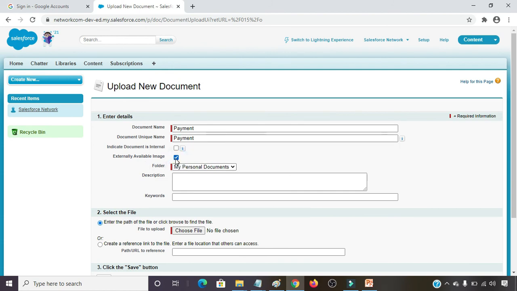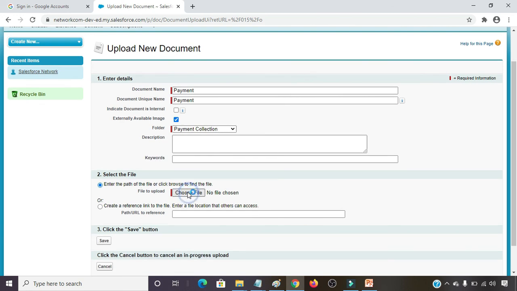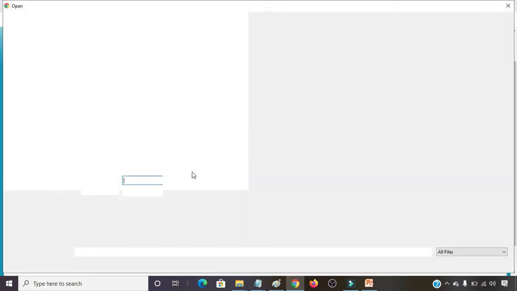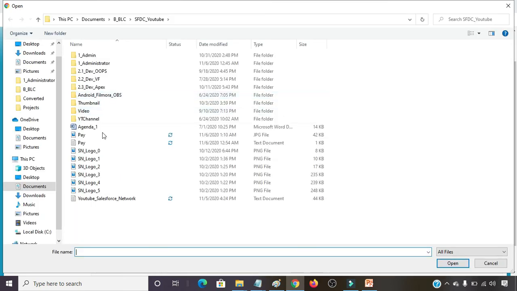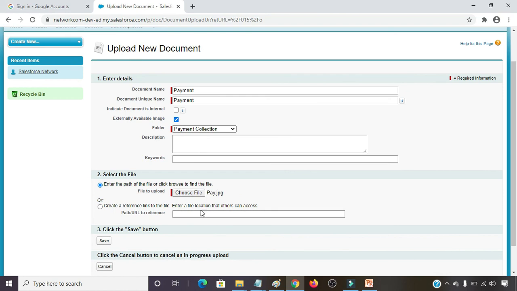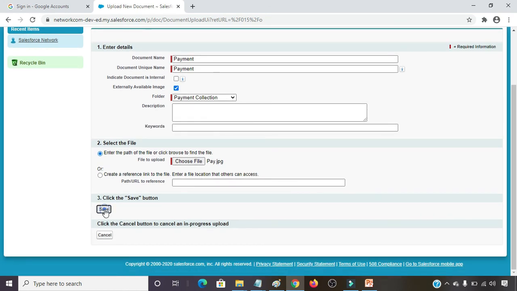If I am choosing this one, then the image will be coming up here. In which folder do you want to put this file? I am choosing my current folder, which I created right now, payment collection, and choose the file where your file is, by the name pay file is there, and simply click on save button.